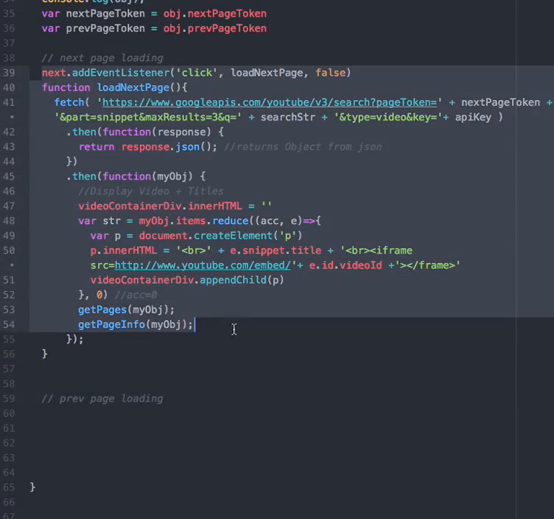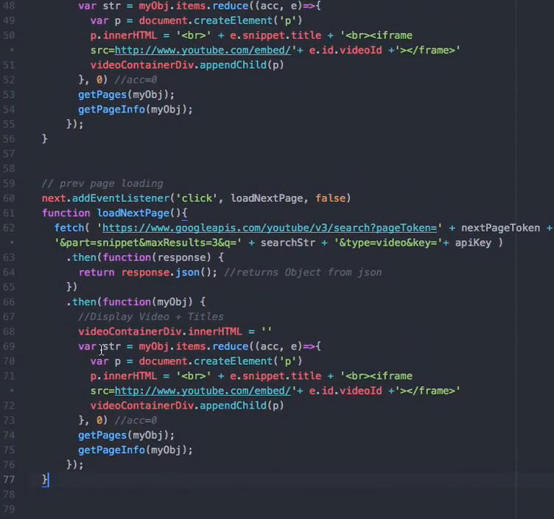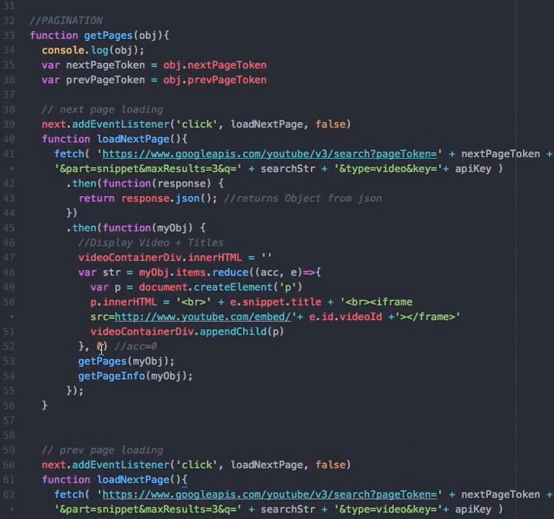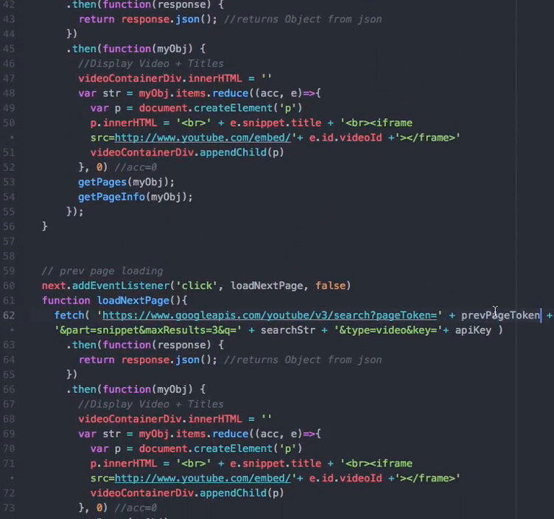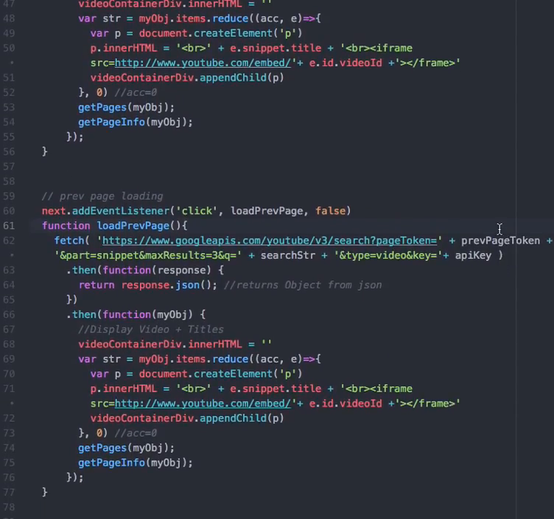Actually, it's very similar to the above, except for we need to use previous page token in here, and then we need to change next to previous, and then in here next to previous. So we've got changed here, we've got changed here, we've got changed in here,